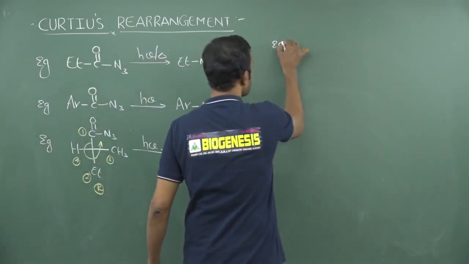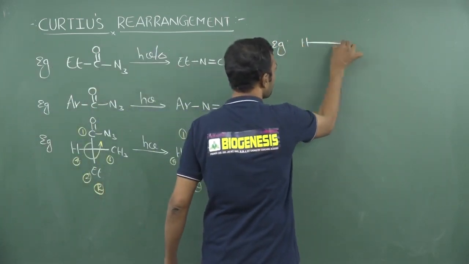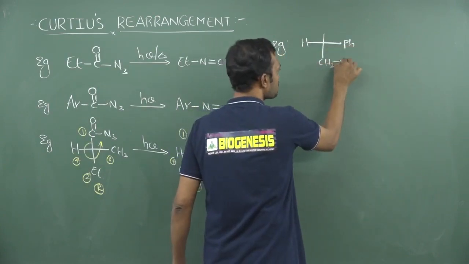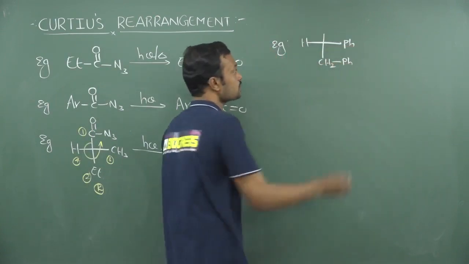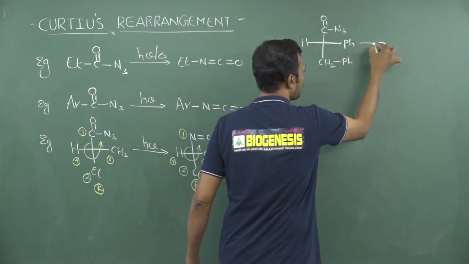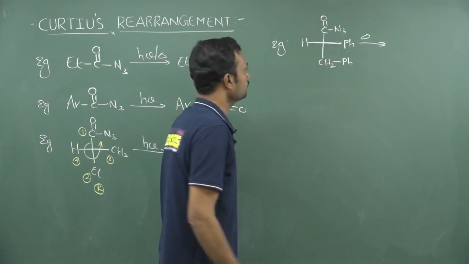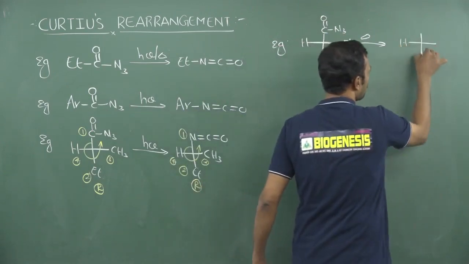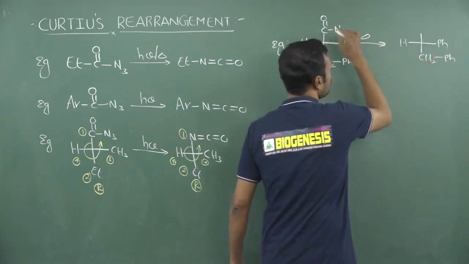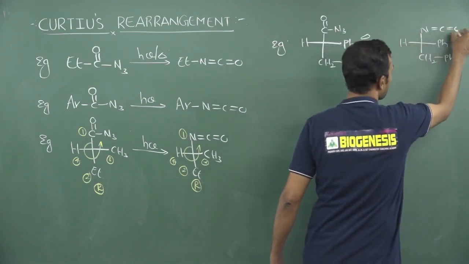Okay. So it is similar to the Hofmann type of rearrangement. See, I am taking a phenyl group here. Next, I am taking a benzyl. Now can you repeat this question or not? See, this is C double bond O N3 under thermal conditions. What is the resultant answer? The major product in this reaction is that these groups are completely unaffected, and this is completely converted to N C double bond O like this.